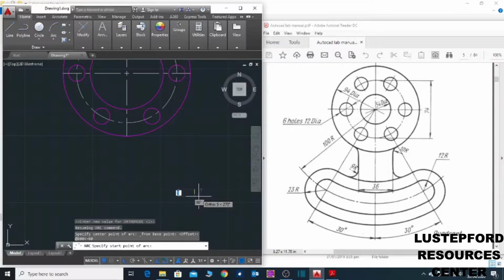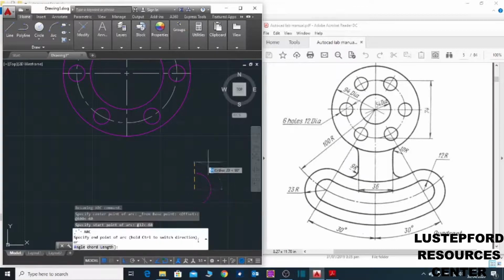You say at 12, angle sign minus 16, enter.